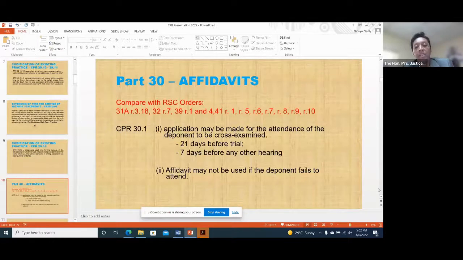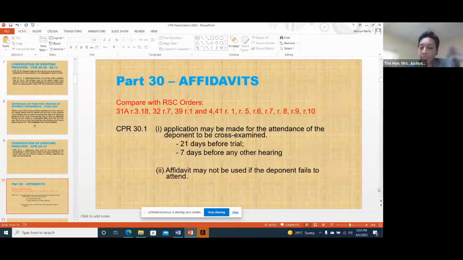And the comparison with the RSC, again, is set out at the top of the PowerPoint. And again, I refer you to the handout that you would have received, where it is drilled down a lot more. So I don't intend to get too deep here regarding the similarities. I'm just trying to highlight some of the areas that you may want to consider. So if we look at 30.1,